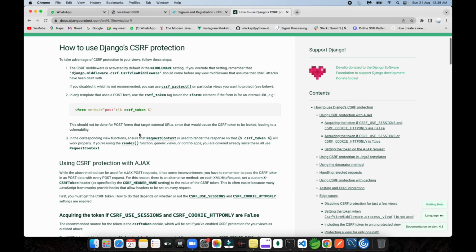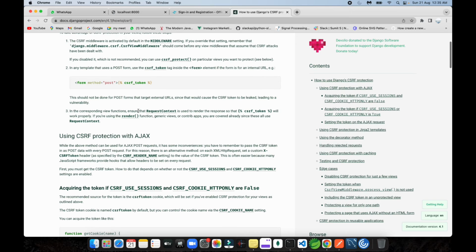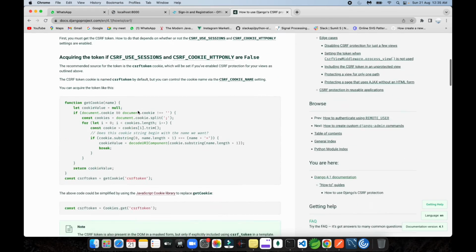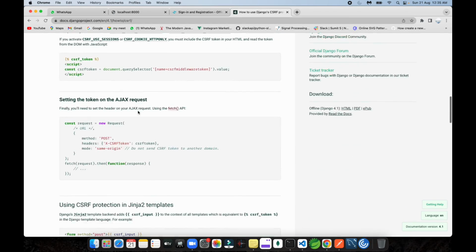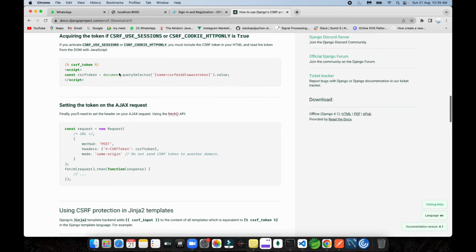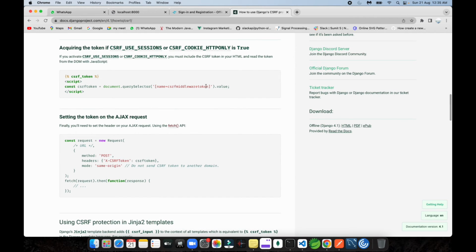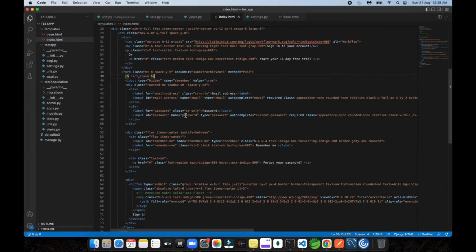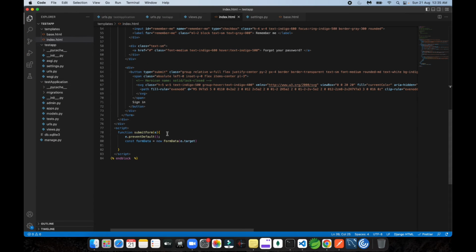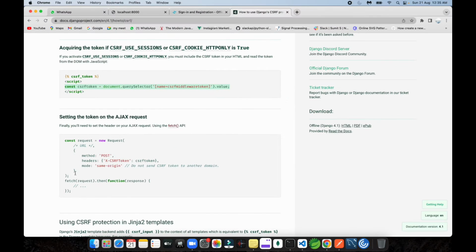There are so many things written that you can read about this, why the Django CSRF is used and why this protection is required. I'm just going to show you the Ajax request and how we can make that Ajax request. So first you need to include this line as well, because acquiring a token, CSRF uses sessions and cookie HTTP only is true. So this is the process, otherwise you need to disallow this protection. So just copy this one, before making any call, and paste it over here, and after that just copy this code as well,